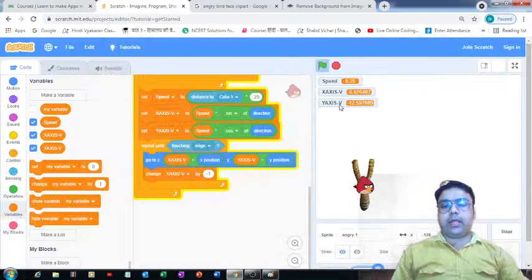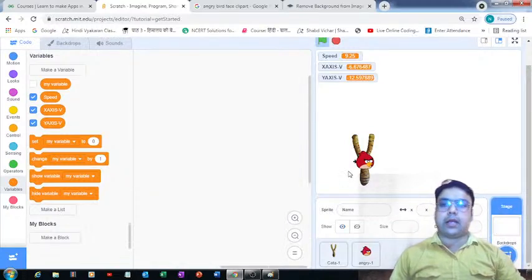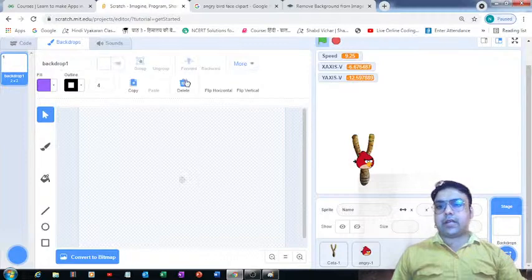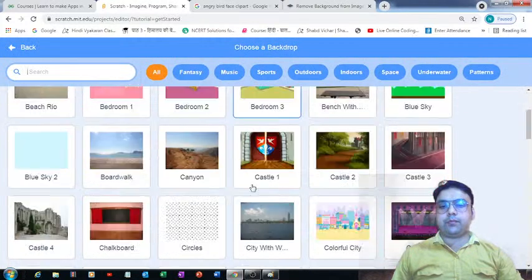Now if you want to make it more interesting for the user, you can define a proper background for this game. Let's see if we can get a background from the backdrops library of Scratch. I hope we'll be able to get it. It's not too hard, so we need to come on this option, look to my game.